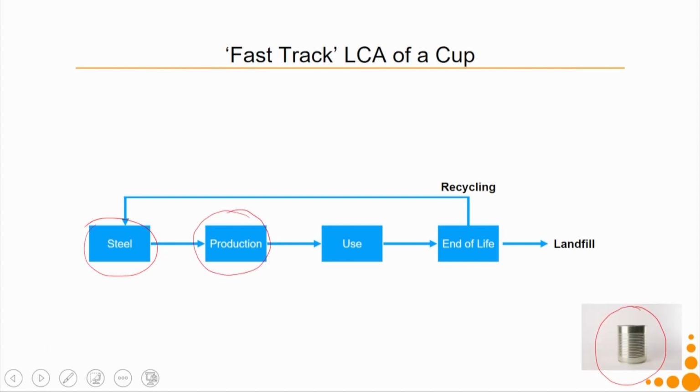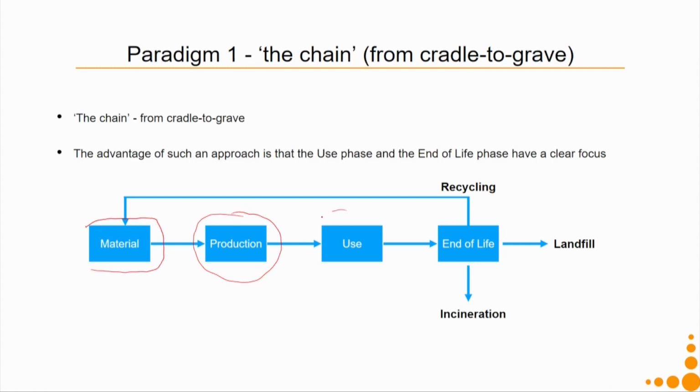Production of the steel using appropriate methods. We can do a breakdown over here depending on what kind of steel container I am trying to make, what kind of design I have. I might get different production techniques. There might be a separate production technique for making the handle and then attaching it to the body. Then comes the use phase, then finally comes the end of life, which can be landfilling, incineration and recycling. Recycling means it goes back again to the material stage.